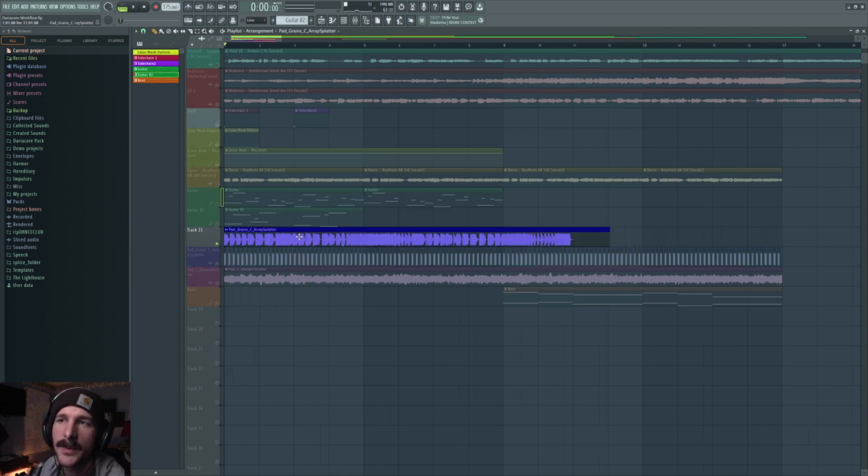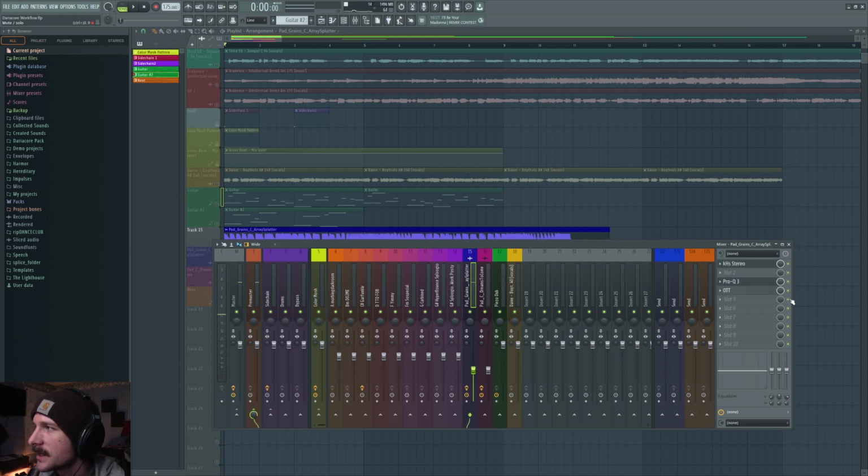So I took a sample from my pad pack. So I'm using the array splatter grains. It's already in C, so I don't have to key adjust it. Oh, I did put some post effects on this. I know I said not to do that, but